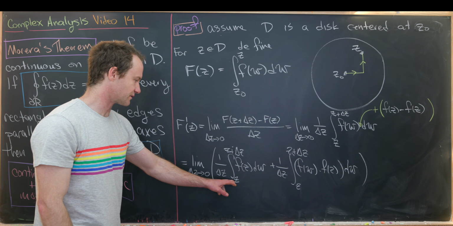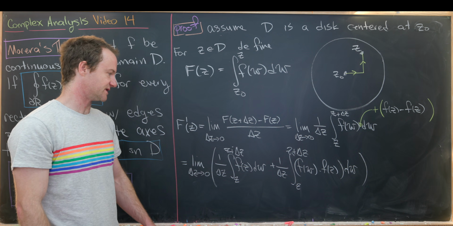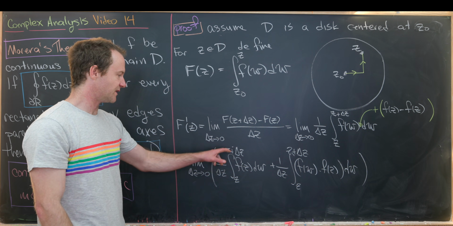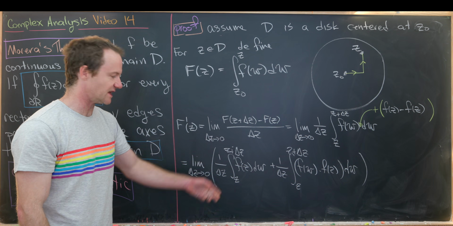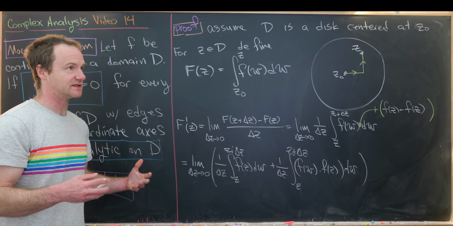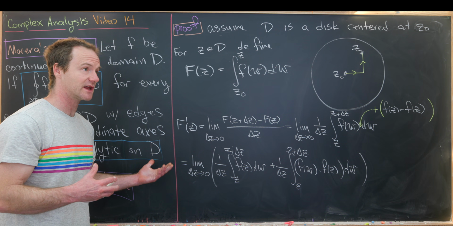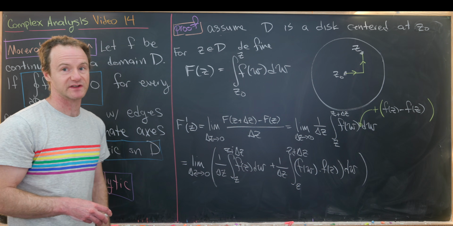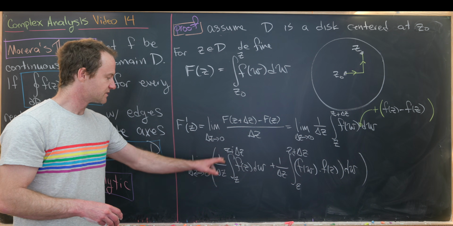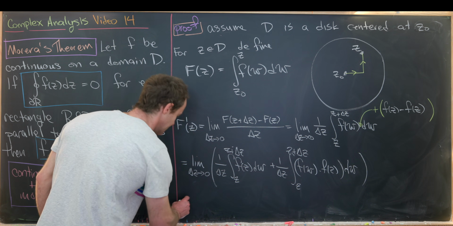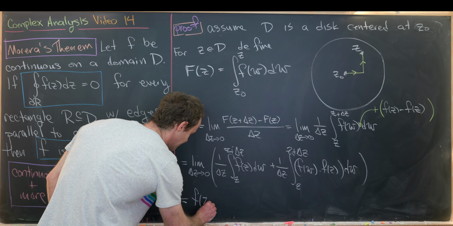So we just get the integral from z to z plus delta z of a constant. But that just gives us delta z because it's the endpoints subtracted. Obviously, the constant function is analytic, so that means it's path independent. We don't have to think too hard about that integral. So the delta z will cancel this delta z, and that means we'll get just f of z out of